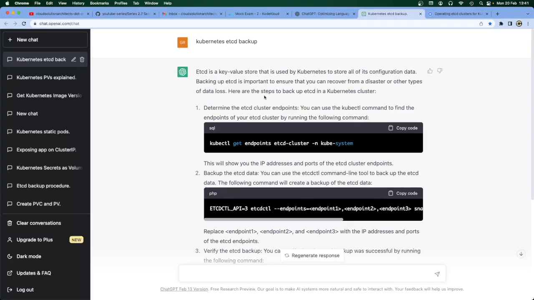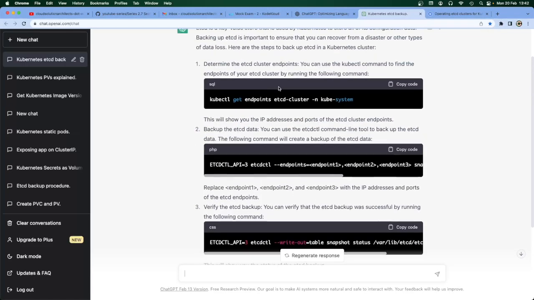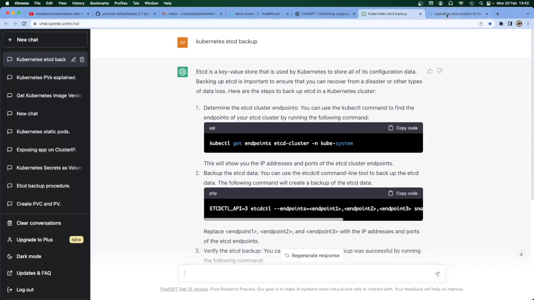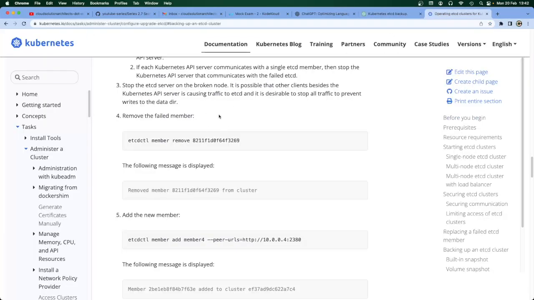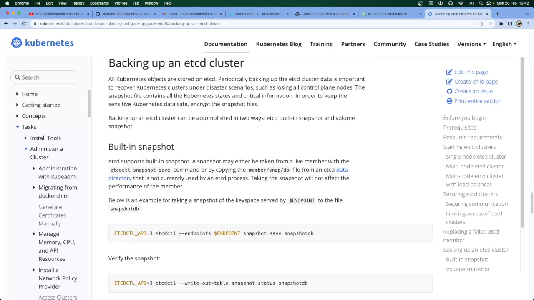You won't have access to this during the exam, but while you practice these questions, it helps reinforce the theory. Also make sure you have the Kubernetes documentation beside you so that you can find the information about backing up an etcd cluster,